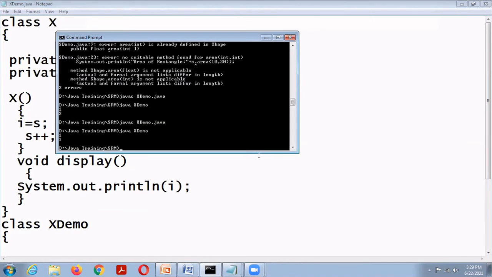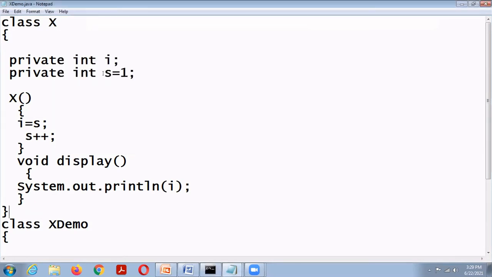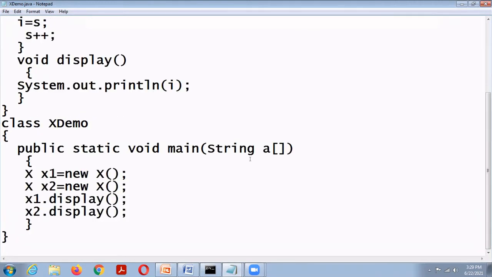Then the value of I of the x1 object is 1. The value of I of the x2 object is also 1. Okay. Because here S is not common. So yes, here I and S are separately allocated for both x1 and x2.